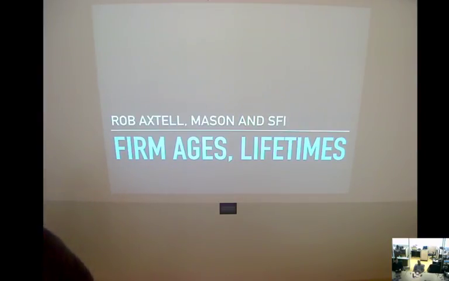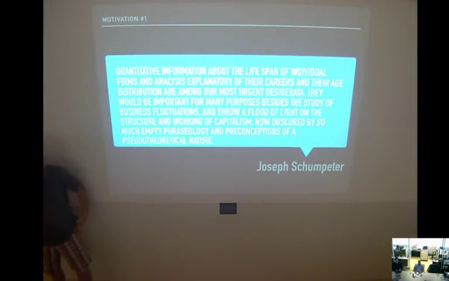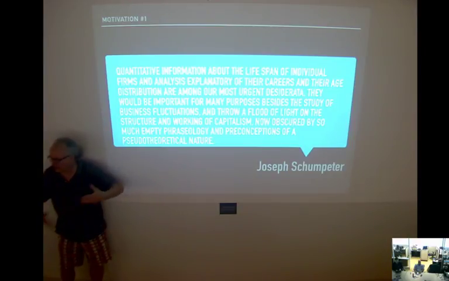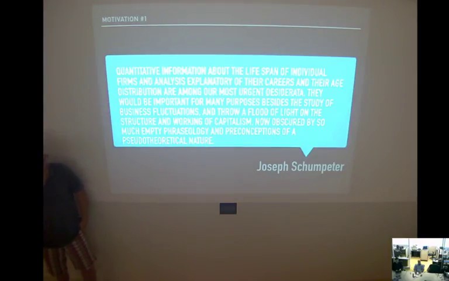All right. Just by way of background, it is not common for economists to deal with firm ages. This is a quote from a well-known economist in the pre-mathematical era, Schumpeter, in his book about business cycles, basically saying it would be great to have more data about firm ages. For someone like Schumpeter, it's implicit that the capitalist economy is composed of a finite number of firms that are in a constant state of turmoil and turnover. That is not the way that modern mathematical economics came to it,